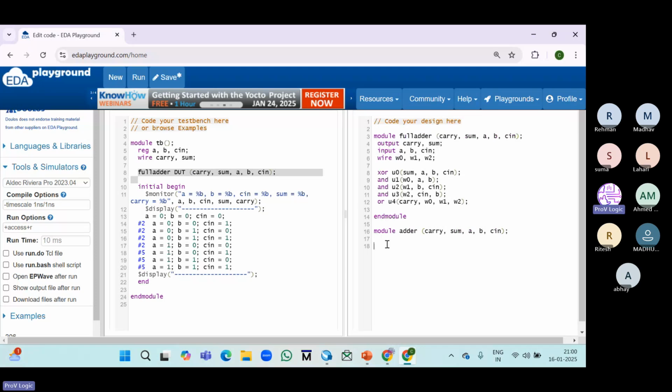Another style. Suppose I am writing data flow modeling. Data flow modeling in the sense: assign sum is equal to A XOR B XOR C input. Assign carry is equal to